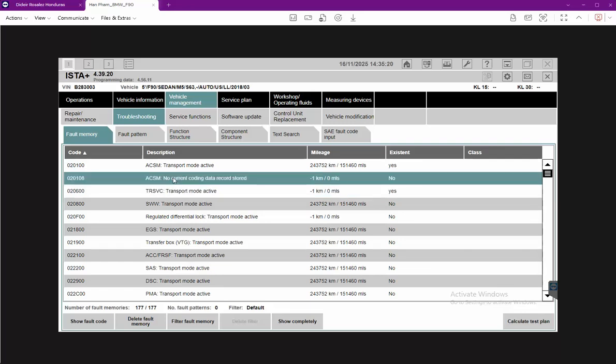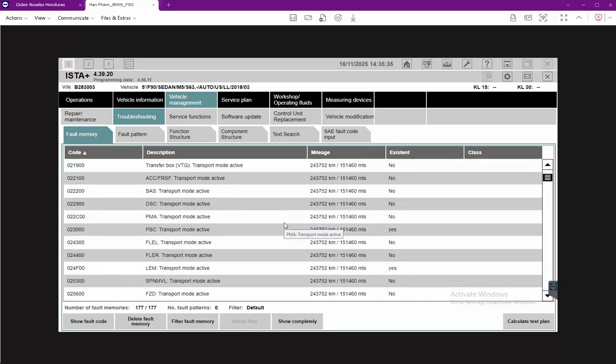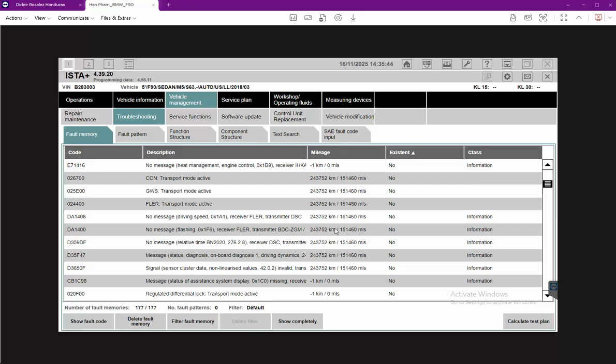Alright, look here. Airbag module, this one. The ACSM shows no current coding data record stored. See that? But under the existing column, it shows you no. It shows that transport mode is active right now in the ACSM module. So I have to delete transport mode in all the control modules. Also, it should show you that the airbag also is not locked. Alright, there goes the TCB. No current coding data stored, but under the existence column right here, it shows you